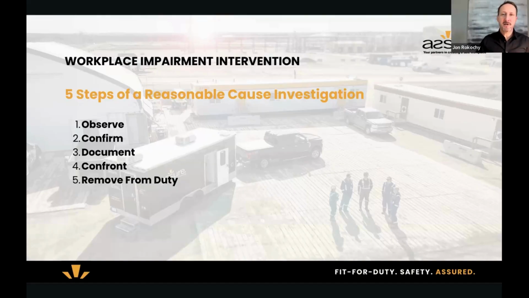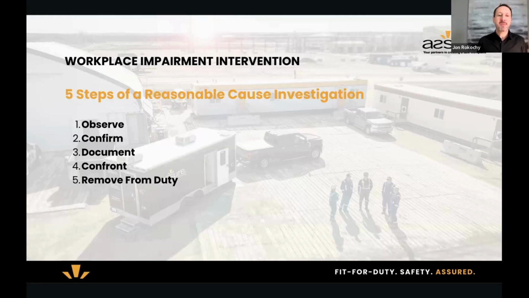The third is document. So we're going to document the request. We're going to document all the details. At 8 o'clock, worker showed up to work, which was an hour late. At 8:30, I got reports from 2 of their coworkers that he smelled like alcohol. They were concerned about him. At 8:40, I met with the worker in the boardroom. And then here's what I saw at 8:50. So you're going to document everything that goes along with that. And you want a supervisor reasonable cause report form. You want a place to document all of that.